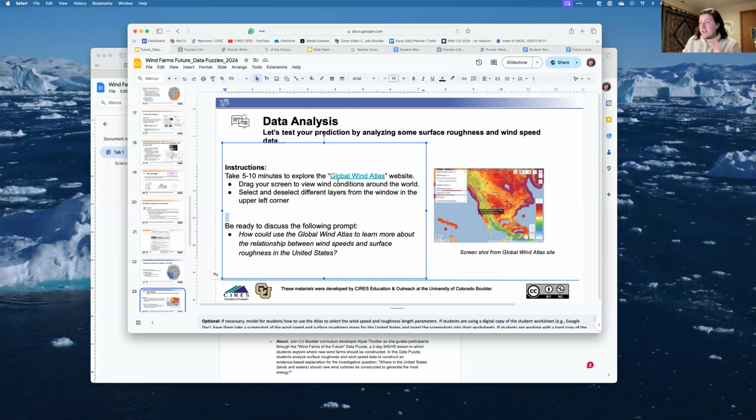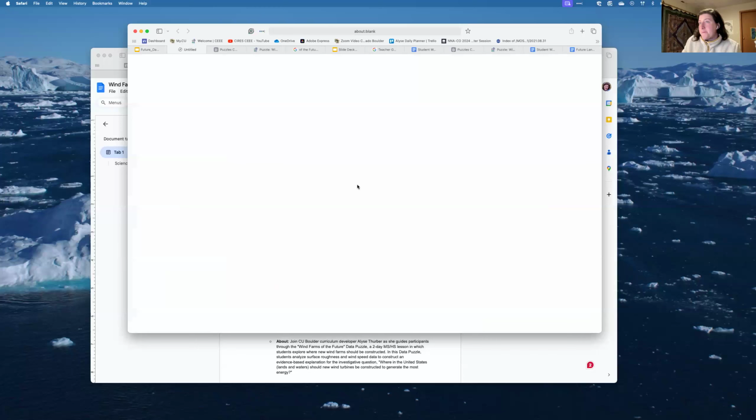So this prompt says, explore the Global Wind Atlas, and then be ready to discuss the following prompt. How could you use the Global Wind Atlas to learn more about the relationship between wind speed and surface roughness in the US? So I'm going to open that up.